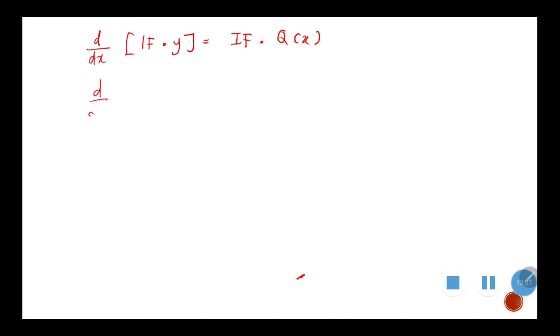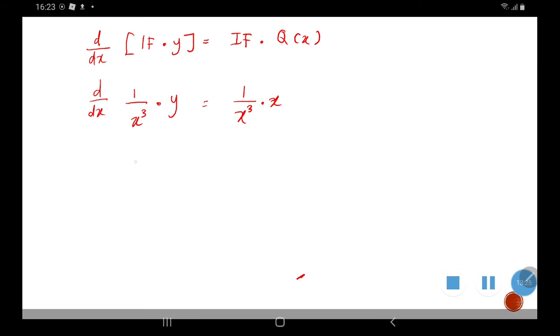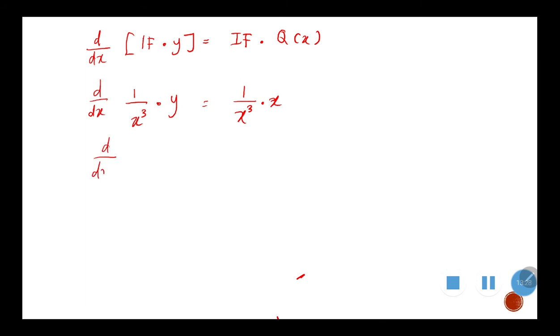Now we know that d/dx of 1 over x to the power of 3 times y, and IF is 1 over x to the power of 3. What is our Q(x)? Our Q(x) is x. And you will have this, we cancel out together, leaving you with